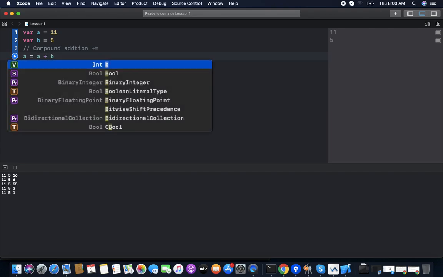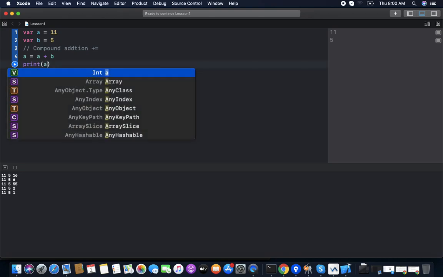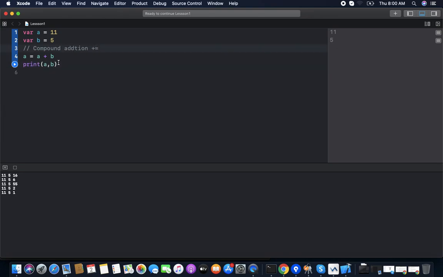So we are not declaring another variable, we are just using the first variable and assigning the addition to it. So now we know a is 11, b is 5, we add both. So now a is 16. If we print a comma b, same as before addition, you can see a is 11, b is 5. Now a is 16 and b is still 5.